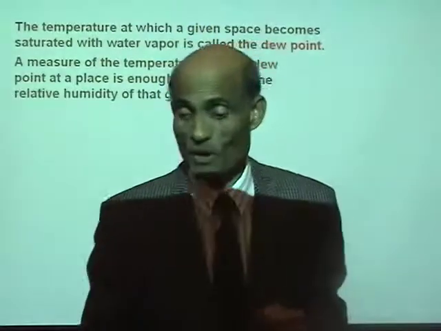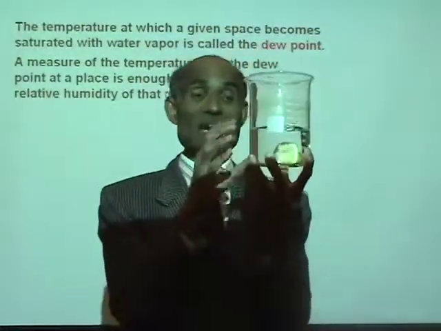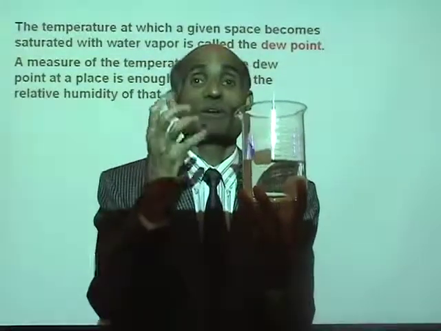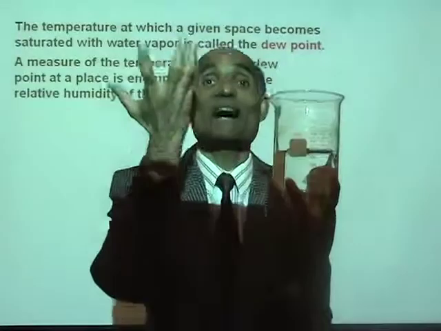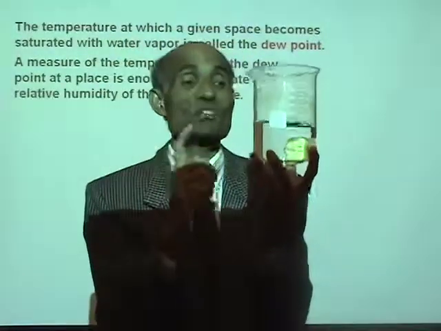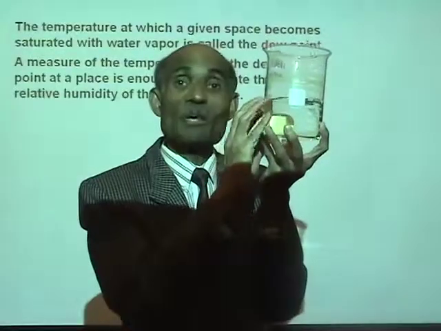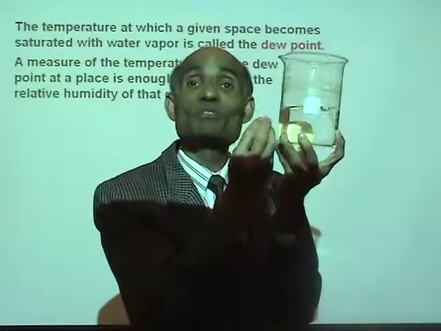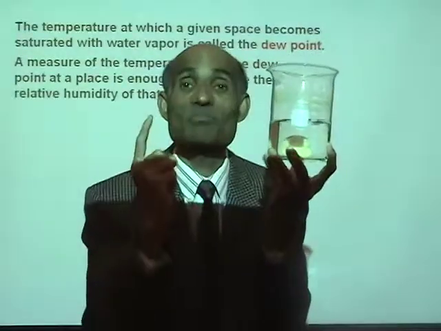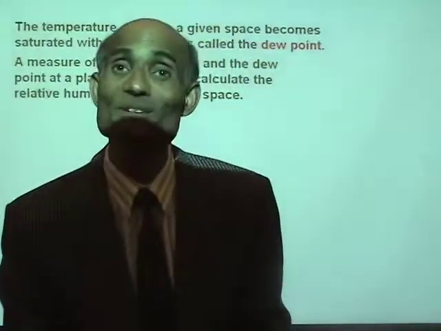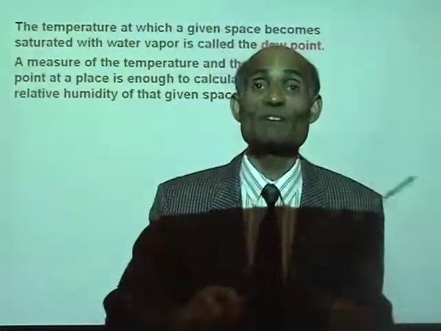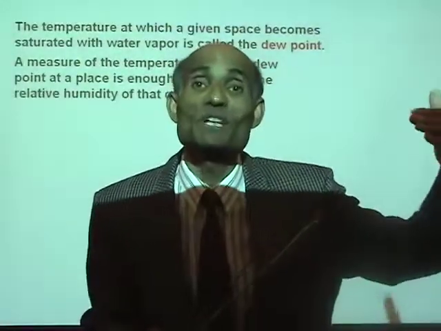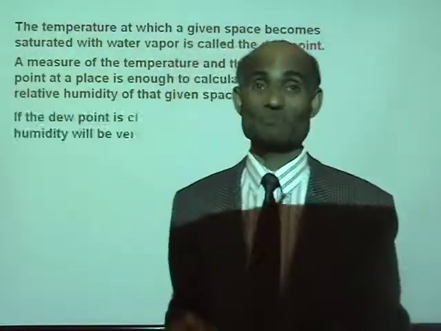So, if you take some spirit like that in a small container, put a straw in it and blow, blowing will further accelerate the rate of evaporation. You can see that at a certain time, the outside of the beaker will begin to fog. That means dew begins to form. If you measure that temperature, that will be the dew point. And if you know the dew point at a place, you can refer to a chart, and that will give you the relative humidity of that place.